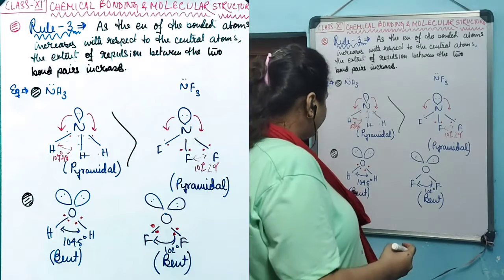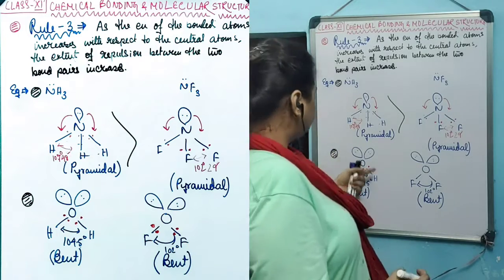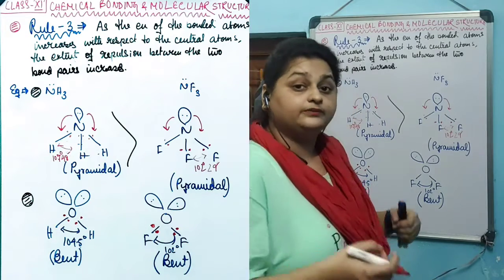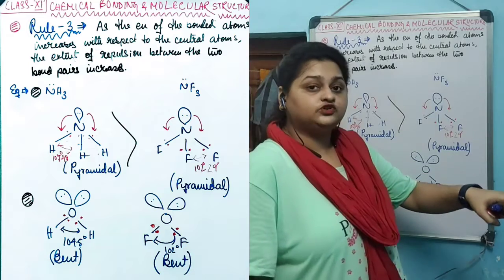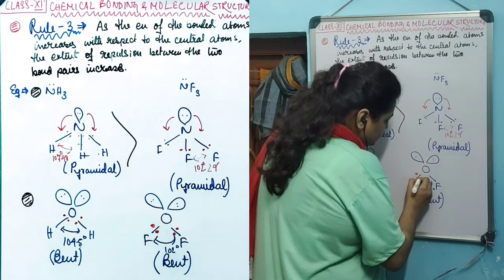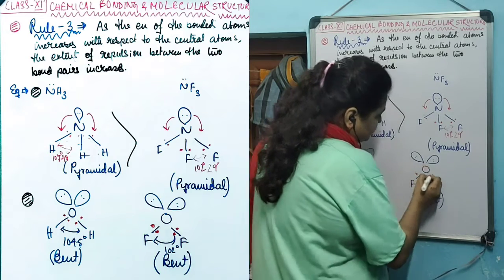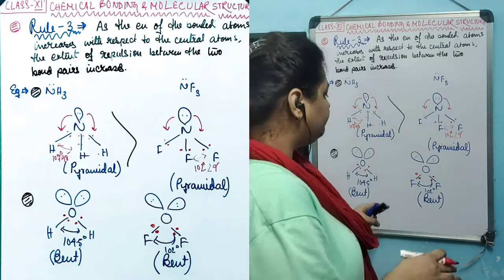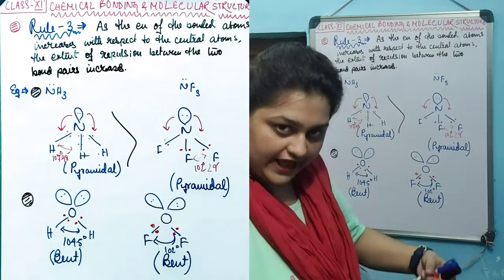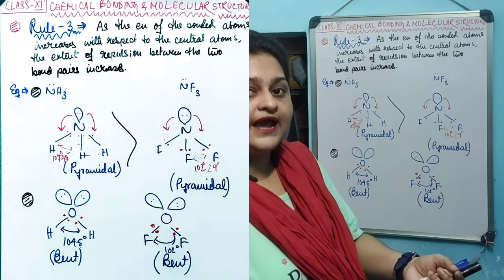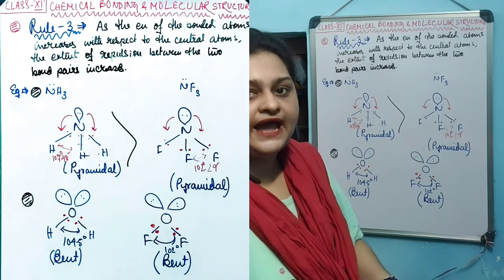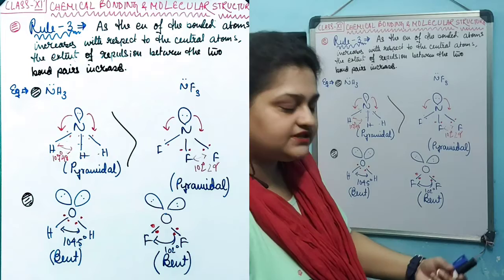As a result, in the case of the H2O molecule, the lone pair repulsion cannot be as effective as for this one, because fluorine is much more electronegative than oxygen. As a result, the electron density is much farther away from the central atom, almost in the middle portion. The electron density is far apart from each other. That's why the lone pair repulsion can now very much affect the bond density and decrease the bond angle by a considerable amount.